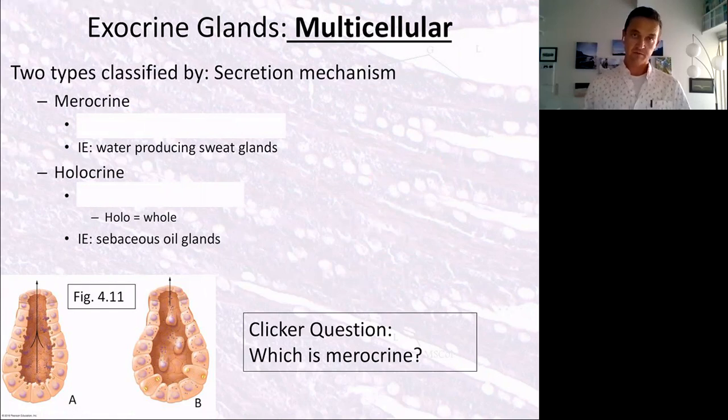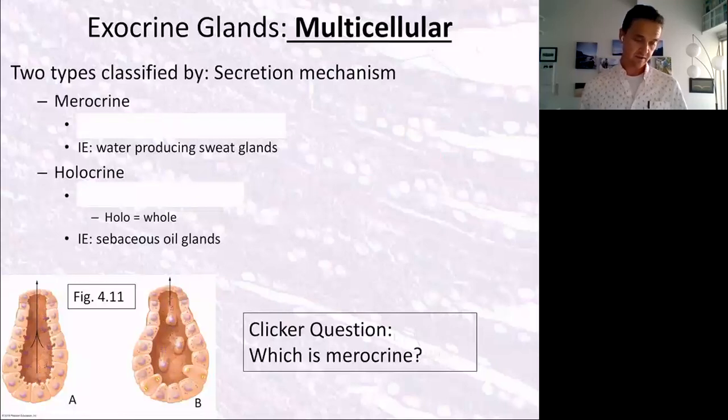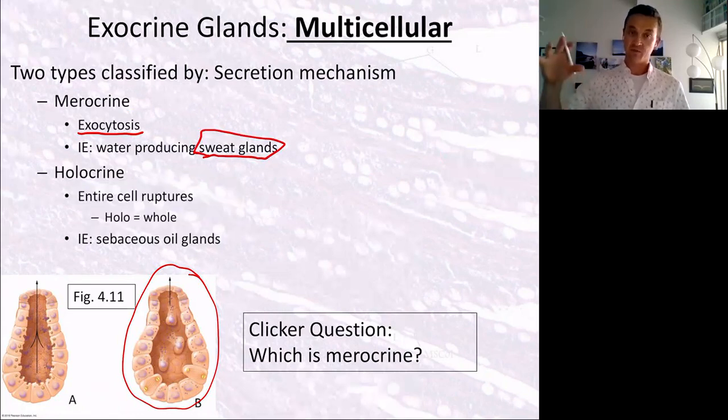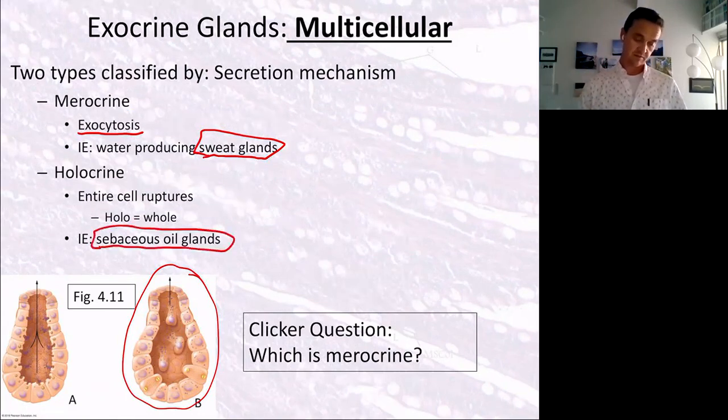Okay, there's two main ways that they secrete their secretions. Okay, so we have glands like this, with many cells that line the whole gland. Okay, and there's two different ways that they can secrete. Okay, merocrine means that they secrete via exocytosis, so the cells within that gland release things via exocytosis. Okay, this is really how most of our sweat glands work. But then we also have holocrine glands, which literally means one of the cells that are lining that gland just falls out, and it's the whole cell that is the secretion. These tend to be more oily, sebaceous oil glands, and the secretions are much more oily.